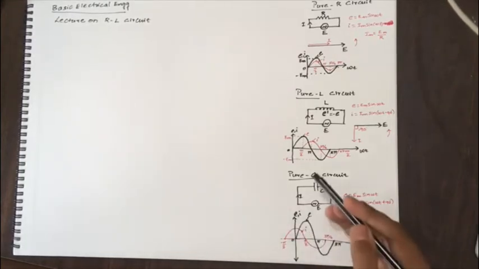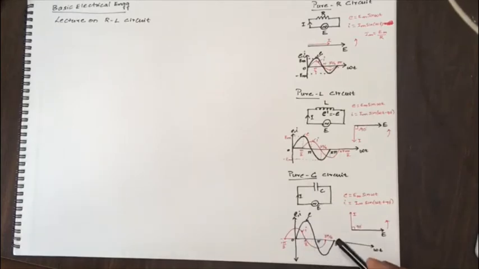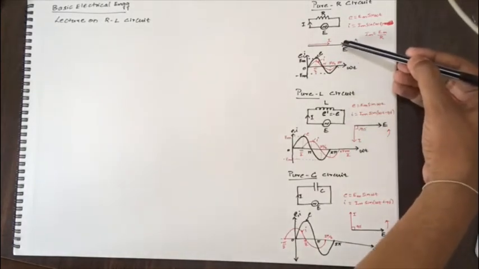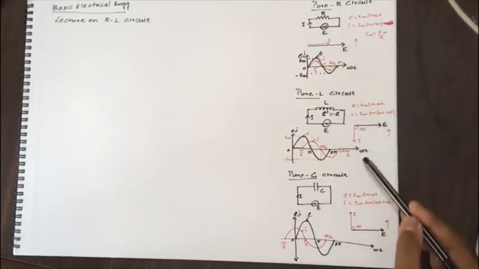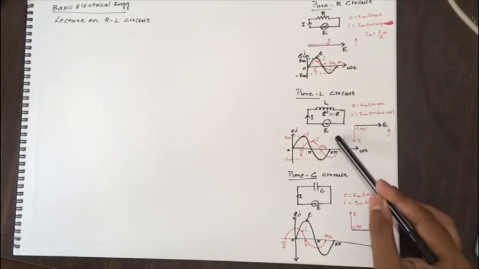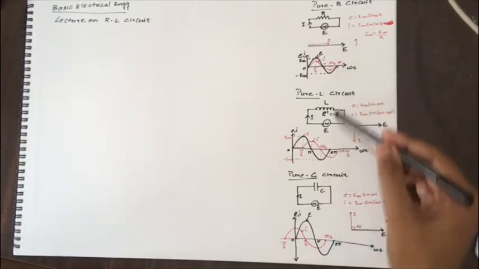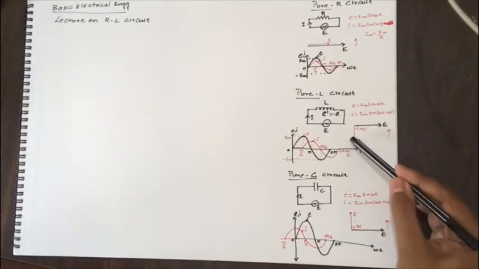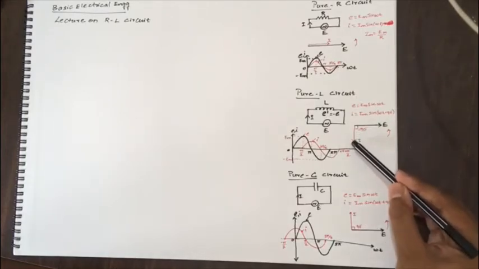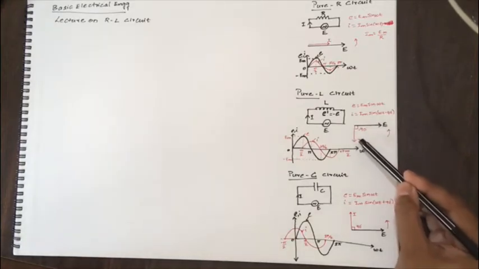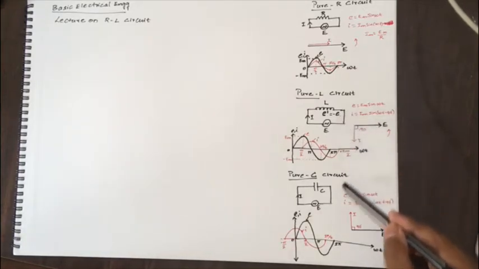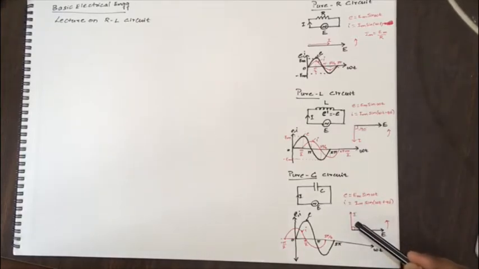We shall restrict the discussion further here because we need to see what happens in practical circuits. The main reason why the current remains in phase with voltage in the R circuit, lags behind E by an angle of 90 degrees in the L circuit, and leads voltage E by an angle of 90 degrees in the C circuit: we can observe in these three pure circuits that the phase difference between voltage and current exists only in the elements which are capable of storing energy.